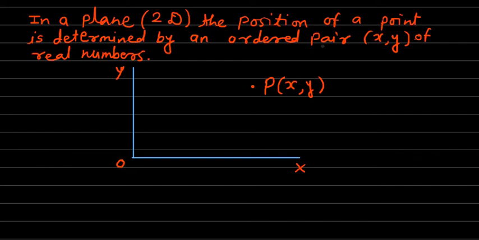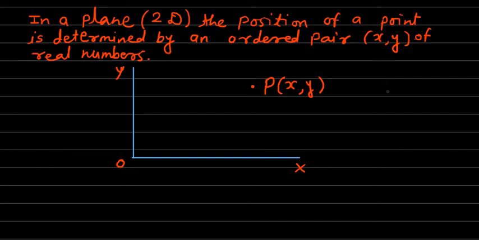Ordered pair means, first of all, a pair. Pair means it comprises two components, x and y. Here x and y can be any real numbers. Means they can be integers, positive, negative, zero, non-zero, fractions, rational, irrational, any one. So x as well as y are any two real numbers. So this is a pair (x, y), and it is an ordered pair. By ordered pair we mean the order is important. If we write one ordered pair as (x, y) and another as (y, x), then definitely (x, y) and (y, x) represent different ordered pairs for us.